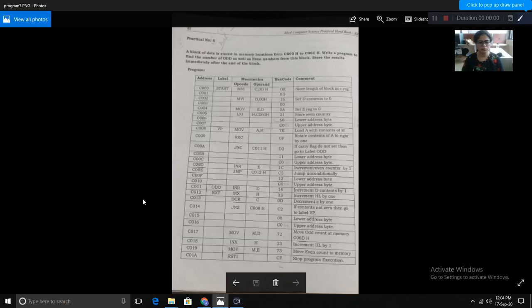Good morning students. Today we are going to start with the next program of CS2, program number 7. Earlier we have completed 6 programs. In program number 7, we have to find even as well as odd numbers from the given list. So the question is,